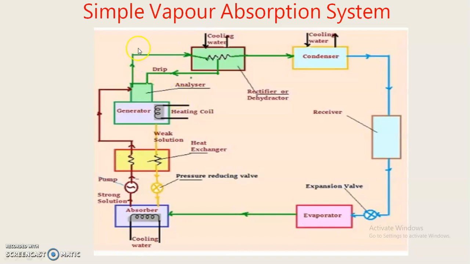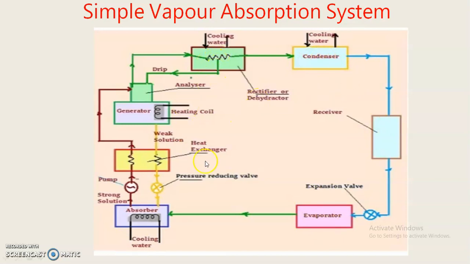In the next slide, we have discussed the simple vapor absorption system. The simple vapor absorption system is generally used for various applications. These are the important components: evaporator, absorber, generator, rectifier or dehydrator, condenser and receiver. From the vapor compression refrigeration system, we use a compressor, but we also use the evaporator,